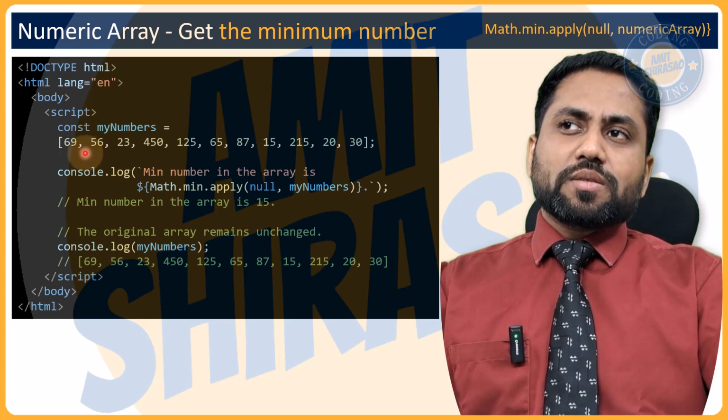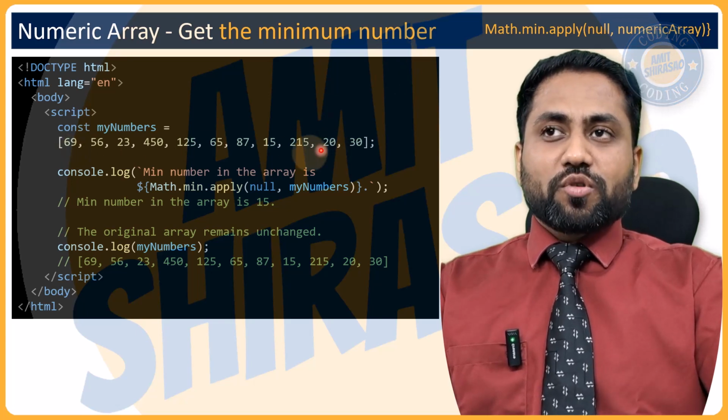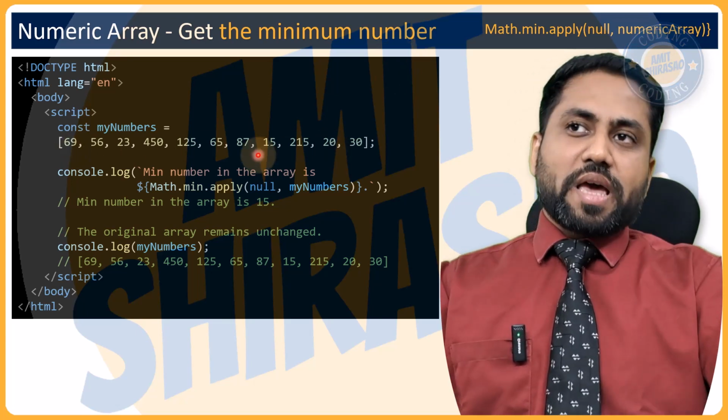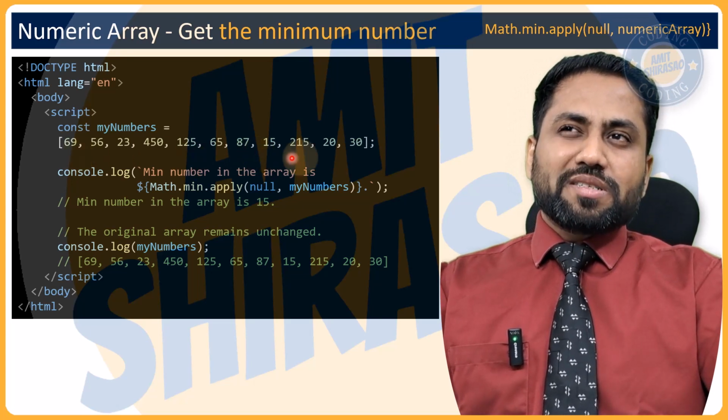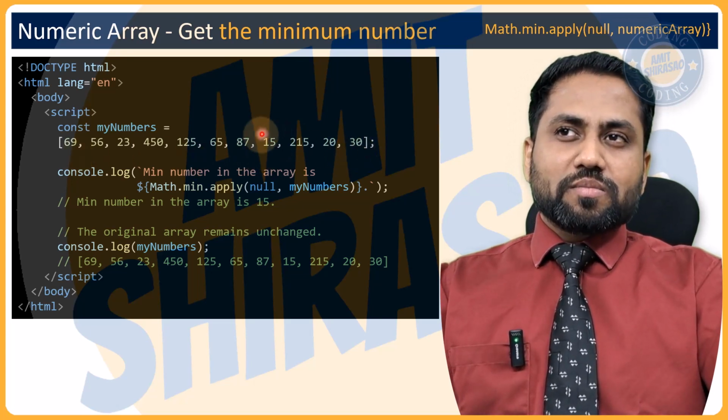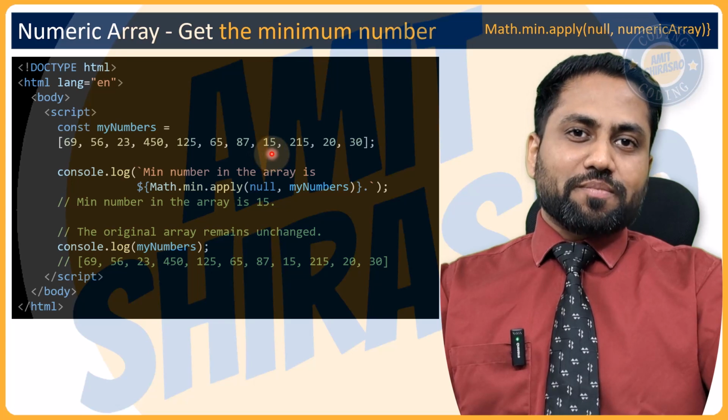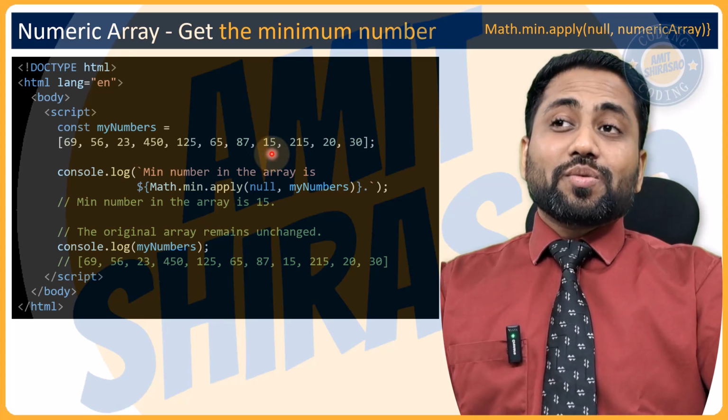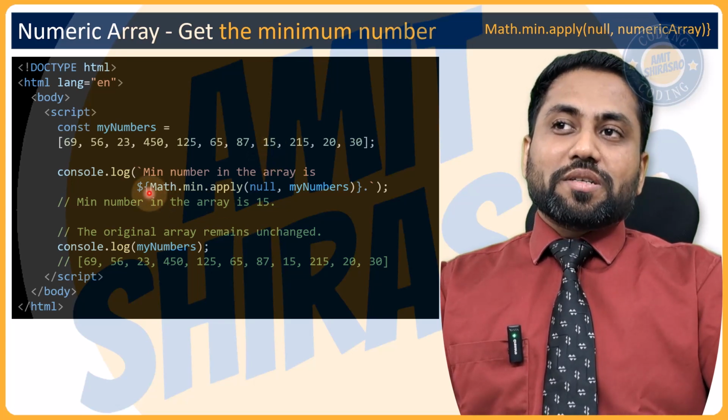Let us say that this is my numeric array, and I want the minimum number in this array. So, which is the minimum number? Just by seeing it, I can guess that it is 15, right? Now, how will you do that? So, the way to do it is you can say